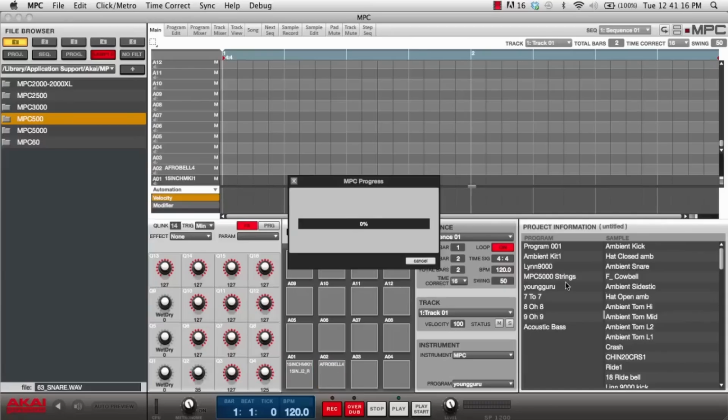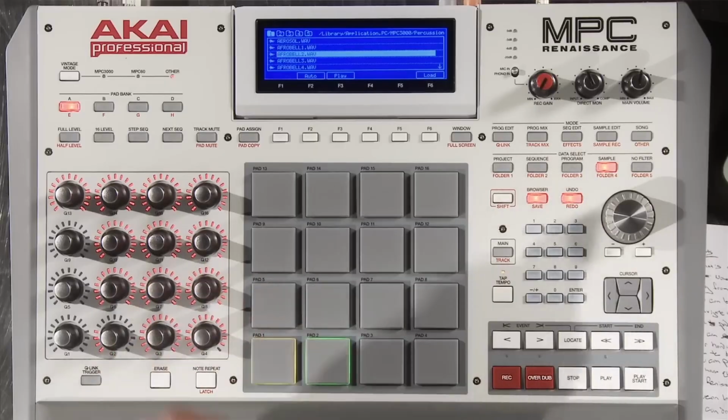But like I said, there was a shift coming in music production, and that was software. You had Akai that was now ending hardware, and they were going into software. So they had the Renaissance, they had the MPC Studio, and the Renaissance looked like an old school MPC.